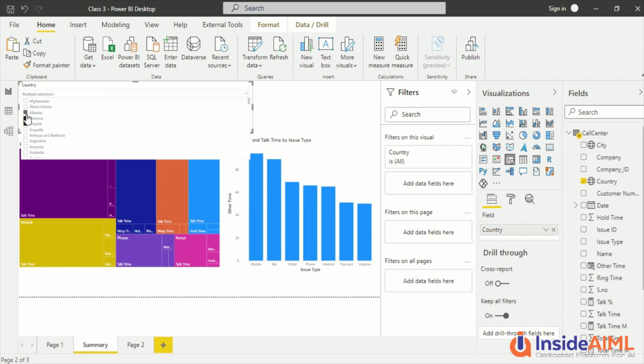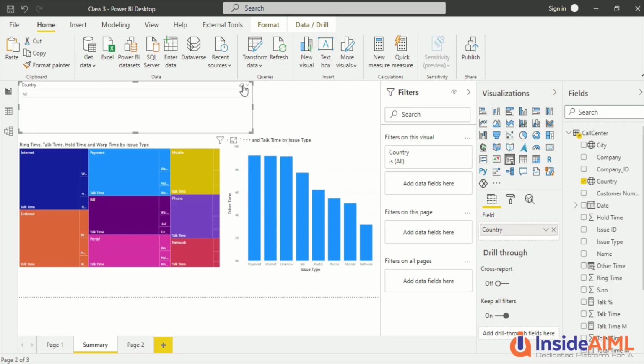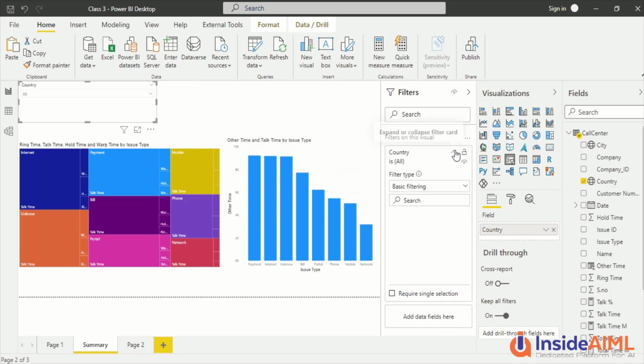And let me clean it off. There is a button also out here to clear it off. So this is the slicer for you, basically the filtering mechanism, and it is different from when you put a filter out here. I can put a filter out here also, like I can check Afghanistan, this and that. This is different from there. Okay, so this filter and that filter is different.